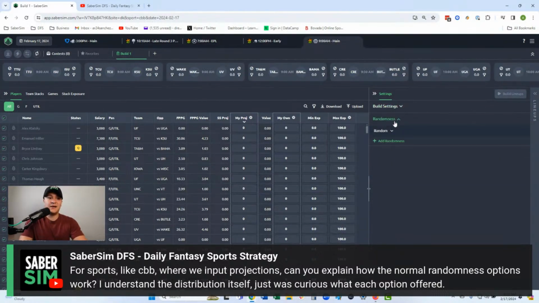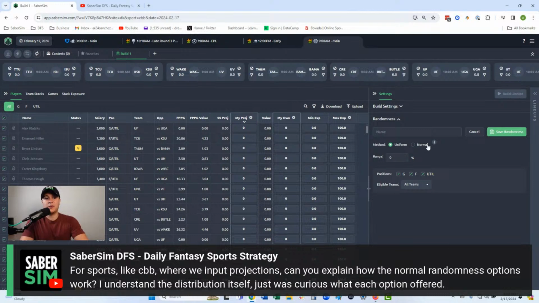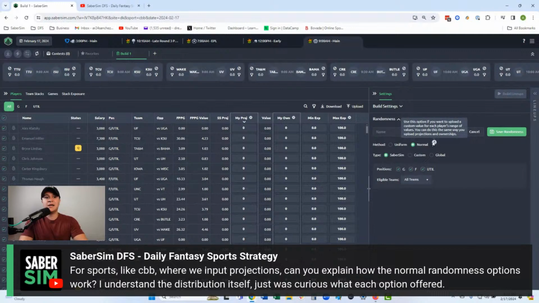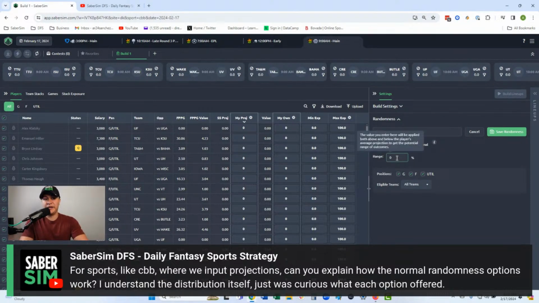And then when you come down to randomness, you have a couple options, right? You have uniform randomness and normal randomness. If you hover over this eye icon, you're going to see it'll say use this option if you want to upload a custom value for each player's range of values. And then it says you could do this the same way you upload projections and ownership. So when you go to uniform, you just put in a percentage. It's assuming that the players are all normally distributed and that they have an equal outcome of being above or below their mean value here, as opposed to when you go to normal,